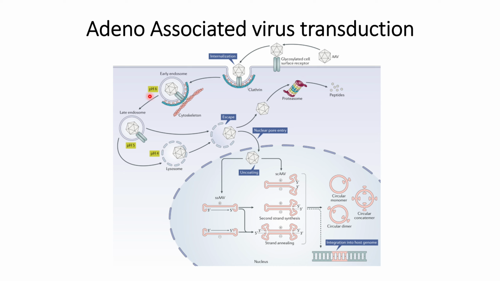Thereafter it goes to the early endosomes with the help of cytoskeletons, and with the decrease in pH as it goes from early endosomes to late endosomes, the adeno-associated virus escapes from this